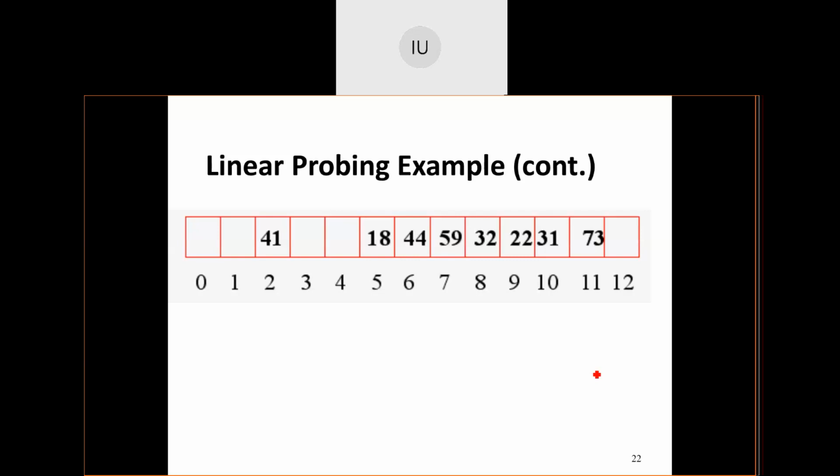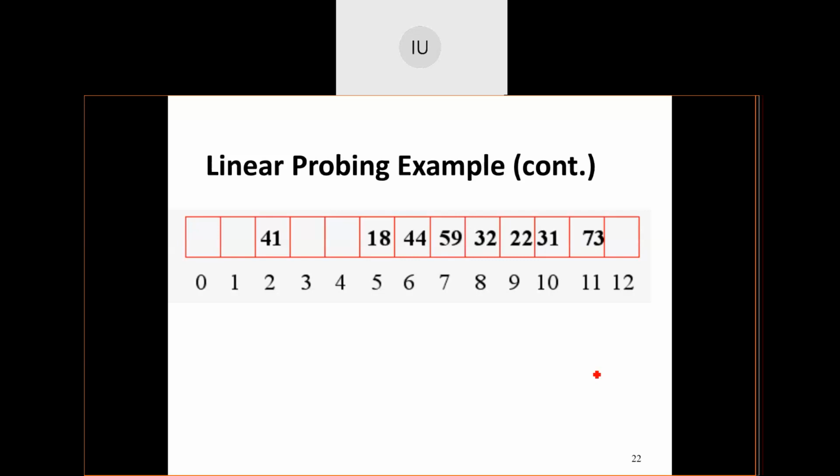What is that bigger problem? Imagine all the elements are getting mapped on one side of the table. Imagine the table is of size 100 and the elements are getting mapped between 0 to 50. Because you are doing plus 1, plus 2, plus 3, you are mapping all the elements to nearby positions of the current location.